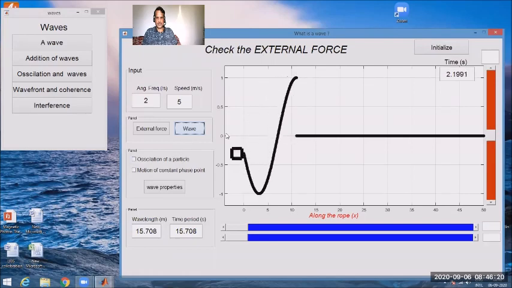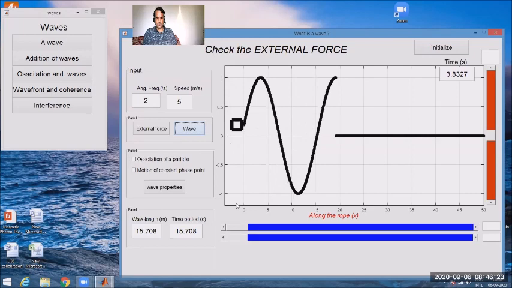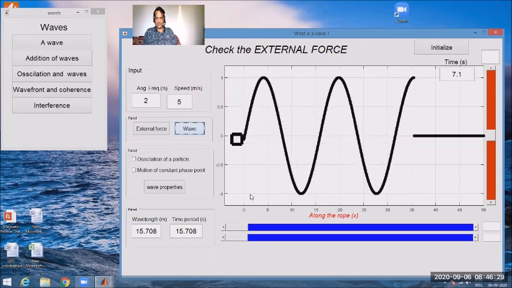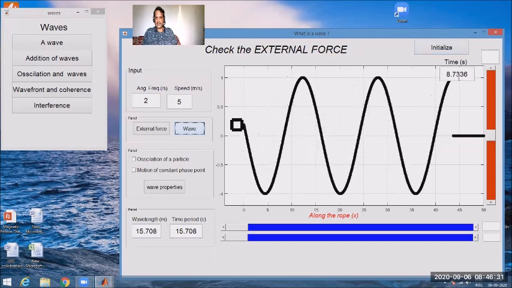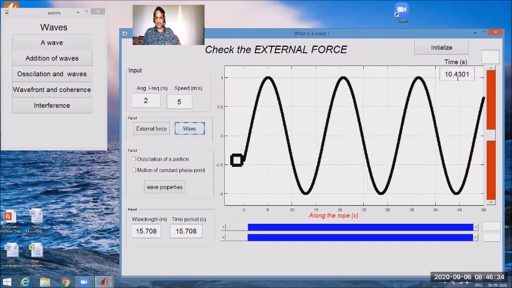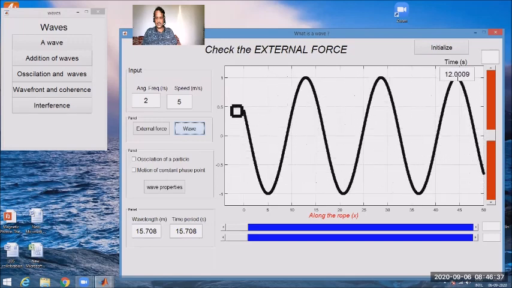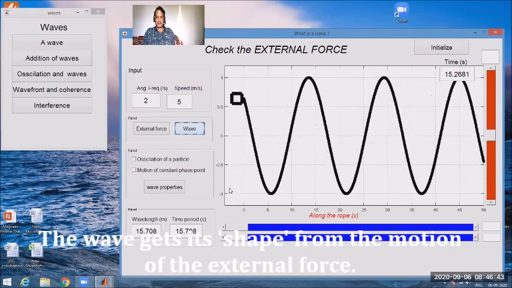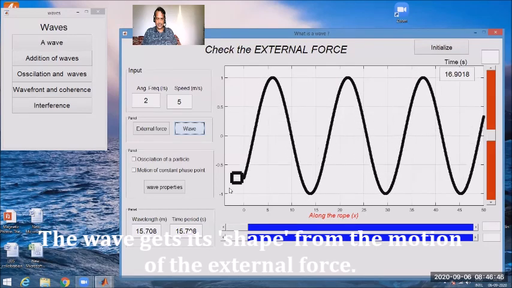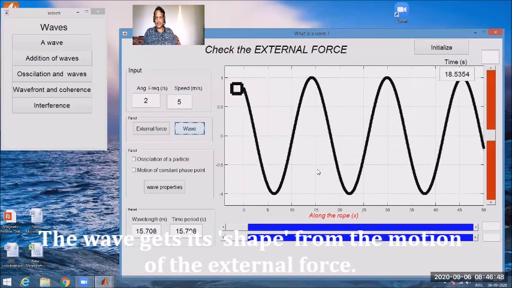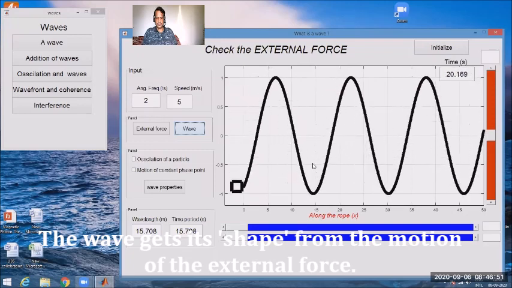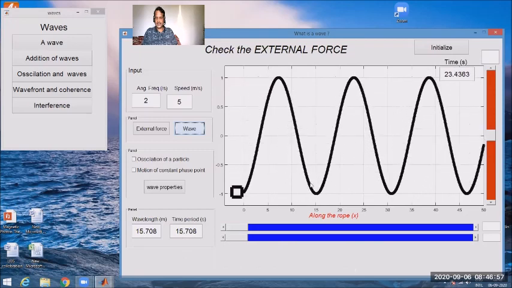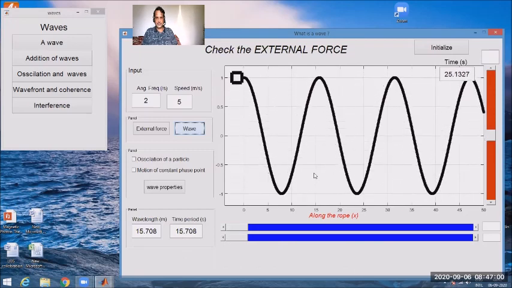So we can assume that this is our hand moving up and down. As the hand moves up and down, the rope takes the shape of the motion. And right over the top here, 8, 9, this is the running time. That is t in cos omega t. So we can see as our hand is moving with a sine graph, the rope also takes the form of a sine wave. So let us see, it will run up to 30 seconds, I think.